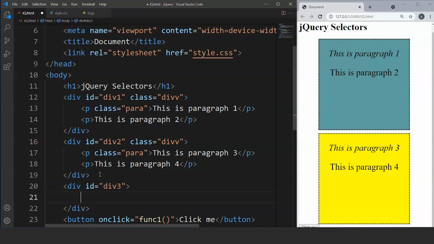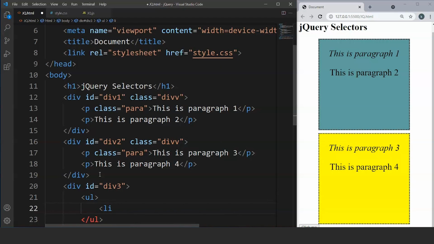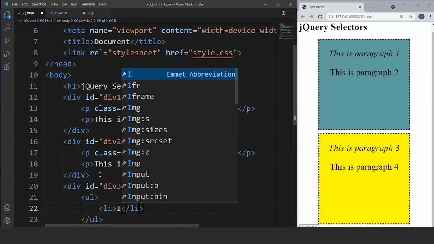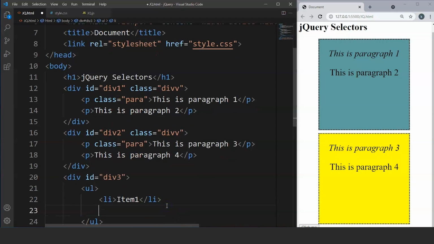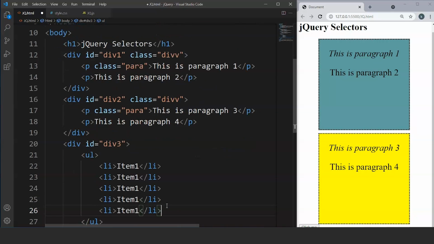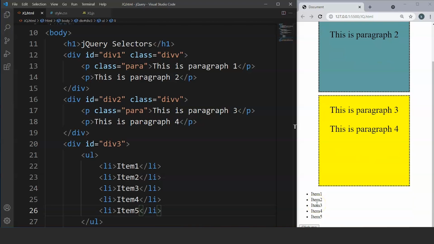Now inside here, we'll use the unordered list and then we'll use list element. Fine. So here we'll write item 1 and we'll copy this piece of code and paste it again for 5 times. So let's change the item name to item 2, 3, 4 and 5. Save it and you can see here we have a list of items on our web page.